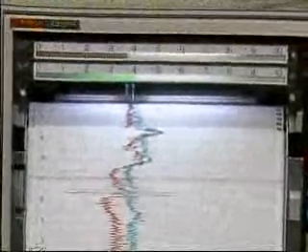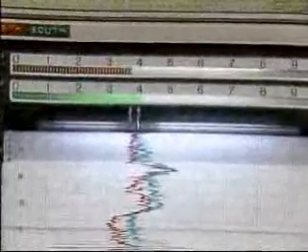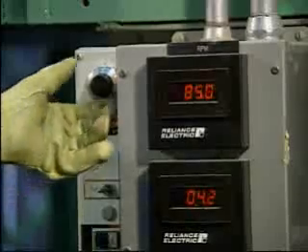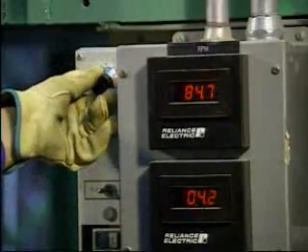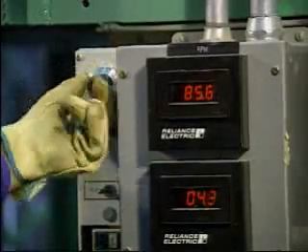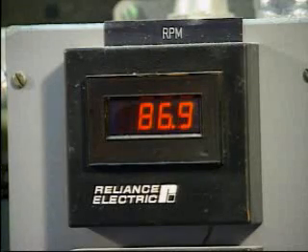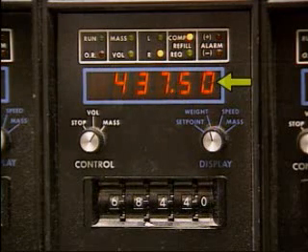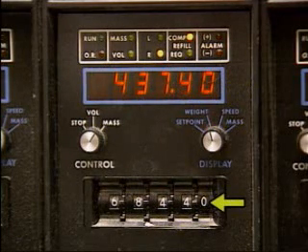Multi-point recorders sometimes use different colors or numbers to help distinguish between the different variables or points. Another instrument that's commonly found in a plant is a digital meter. A digital meter expresses the value of a variable as a series of numbers. The numbers on a digital meter can be lighted electronically, or they can be on a mechanically rotated set of